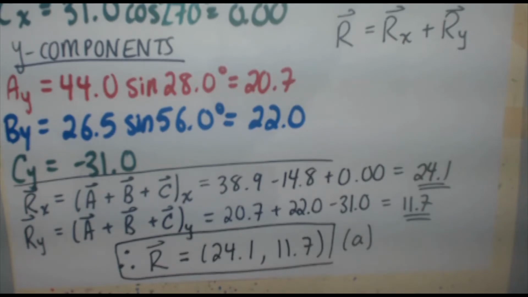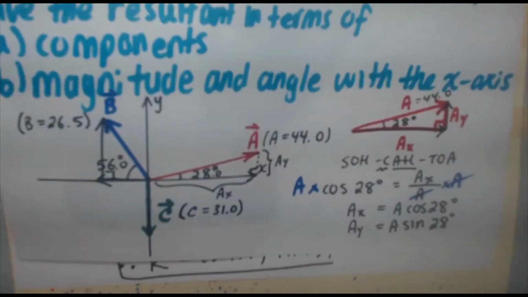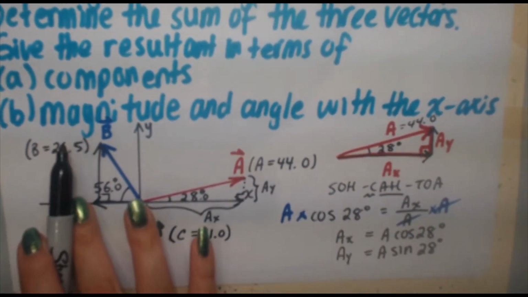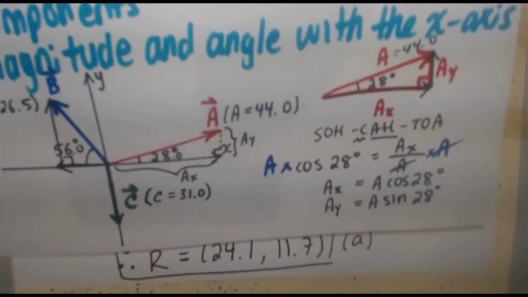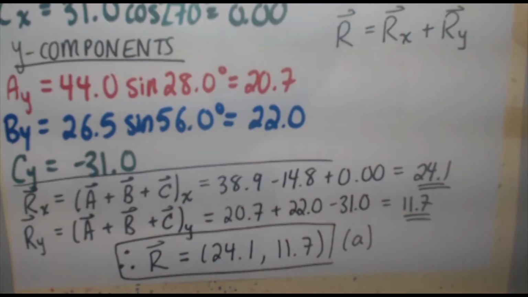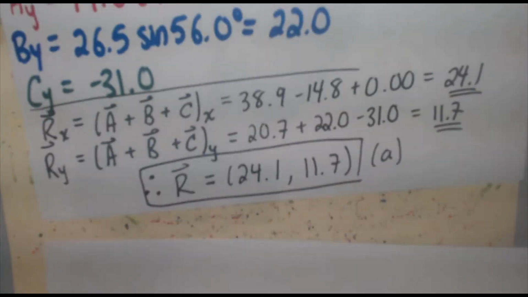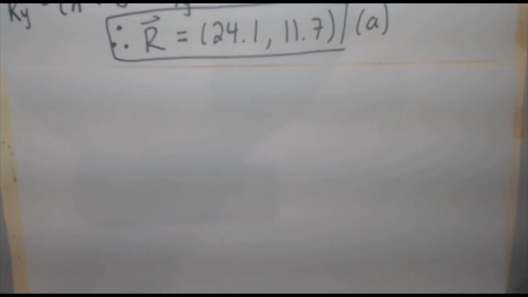Okay? So moving on to part B, we have to give the resultant now in terms of the magnitude and angle with the x-axis. So this is going to be a snap now that we've already figured out the components. Okay, so let's go ahead and do that. So we have our resultant. Now for part B,